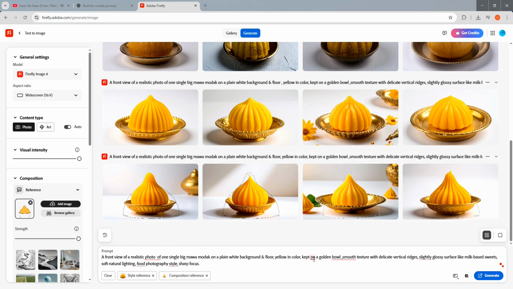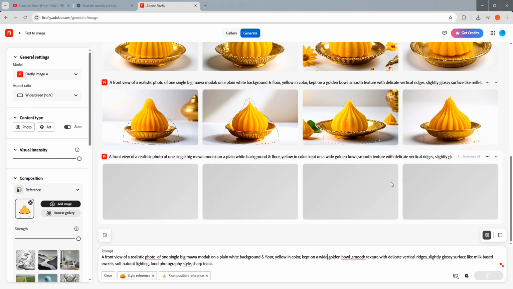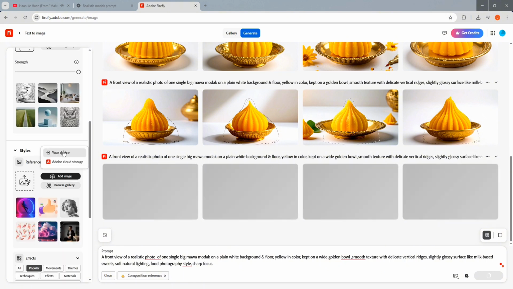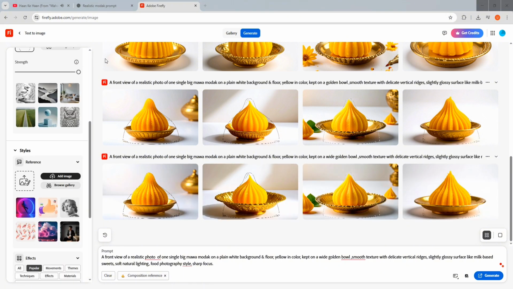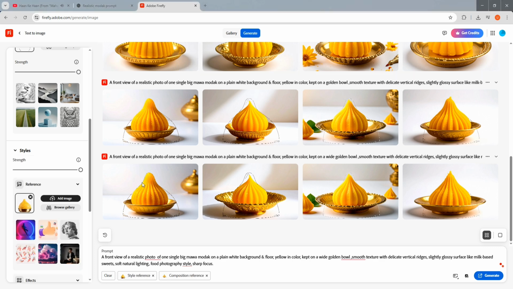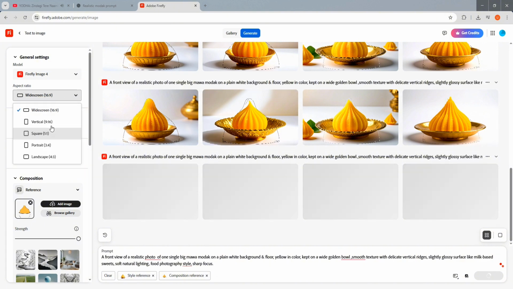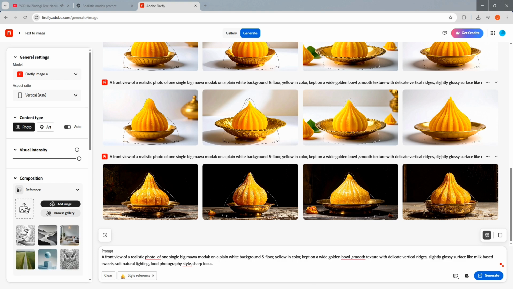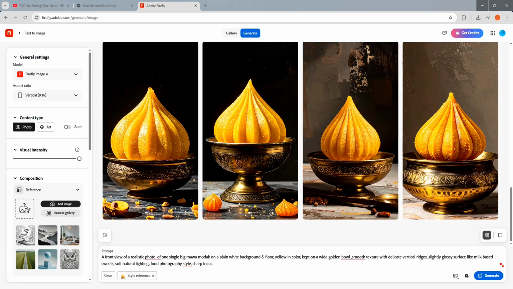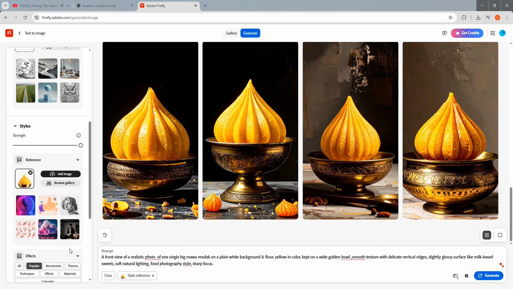I'll just change the aspect ratio maybe. There you go. So this is perfect, I guess.